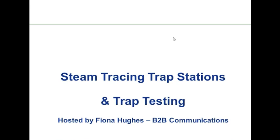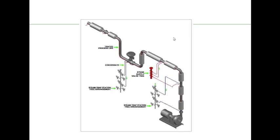If we remember from last week, a lot of the focus that we had was on the tracing systems themselves and what they did and how to tie them in, how to actually connect those tracers to the main lines. And if you remember back, we had 2 primary functions for our tracing lines. They were to replace the heat lost from the process fluid in the system, which could be a result of poor insulation or other components in the system where the heat could escape, and also for freeze protection, which in